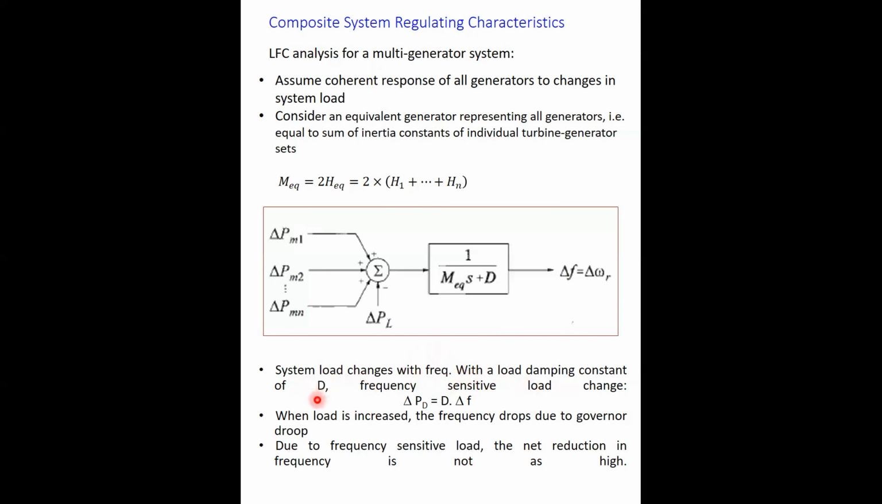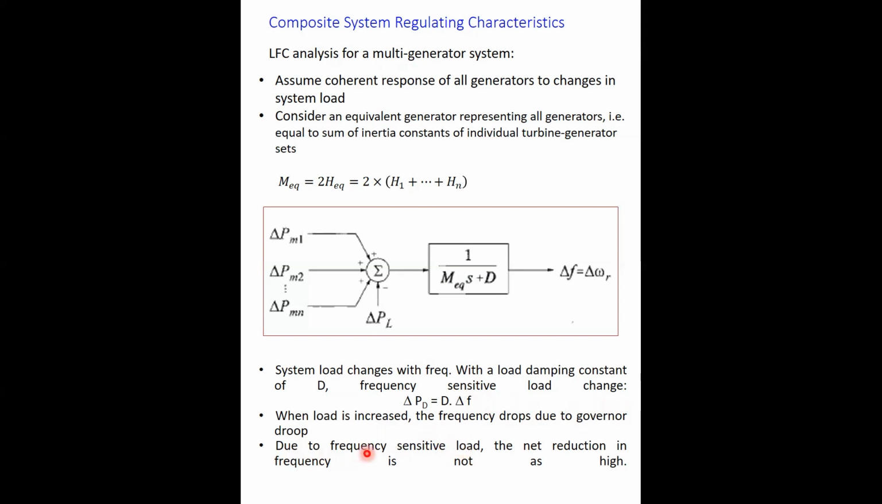So with the load damping constant defined for frequency sensitive load, we can say this is the amount, the change in the power from the frequency sensitive load, which is given by the load damping constant times the change in the frequency. So when you have load increase, then the frequency will drop due to the governor action, governor droop characteristic here. And then if you consider the frequency sensitive load,